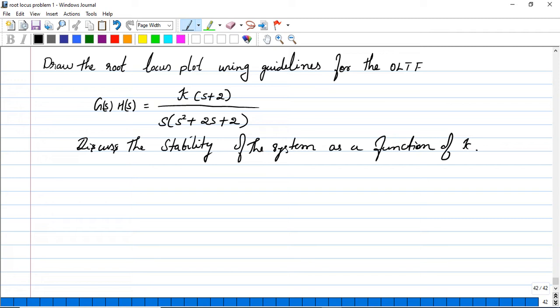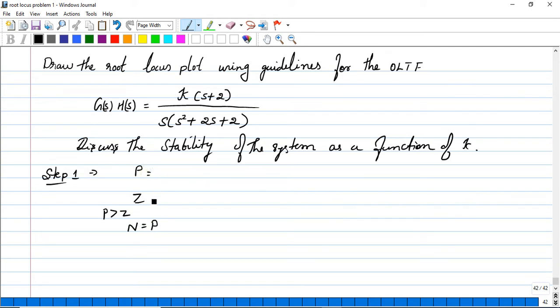Okay, so always the first step in root locus, in order to check the number of poles and number of zeros, followed with the condition, whether it is case 1 or case 2. Case 1 is p greater than z, case 2 is z greater than p. So let us check step 1. We should identify the number of poles followed with number of zeros. If the condition is p greater than z, number of branches will equal the poles.